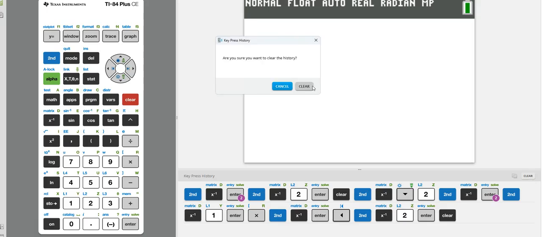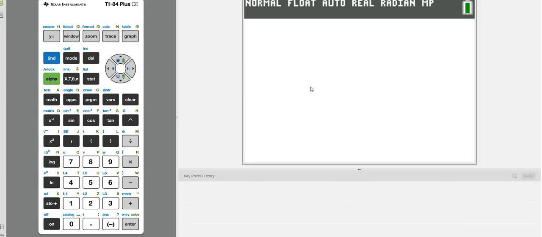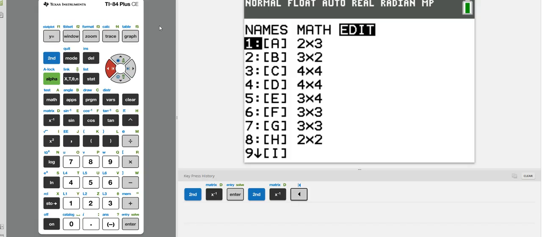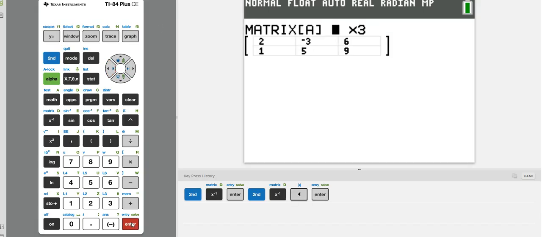and I think you'll kind of like this once we get the matrix in. Edit matrix A. I always do that. I always get a little too anxious and I forget to move over to the edit key. The dimensions are going to be 3 by 3,